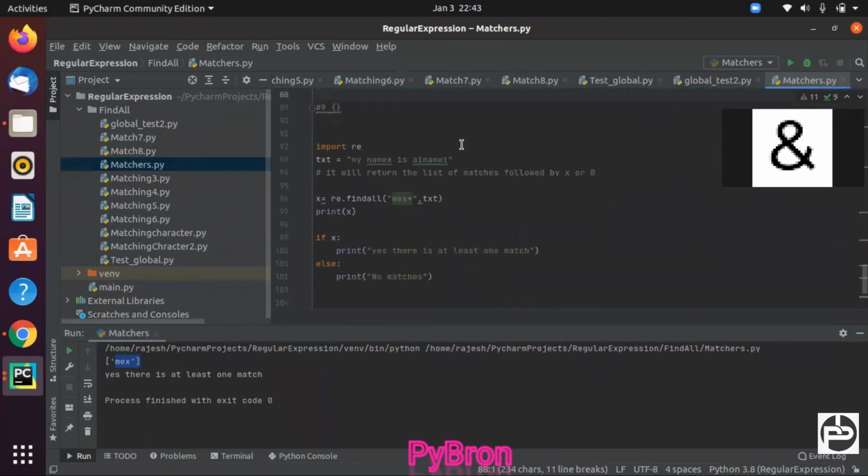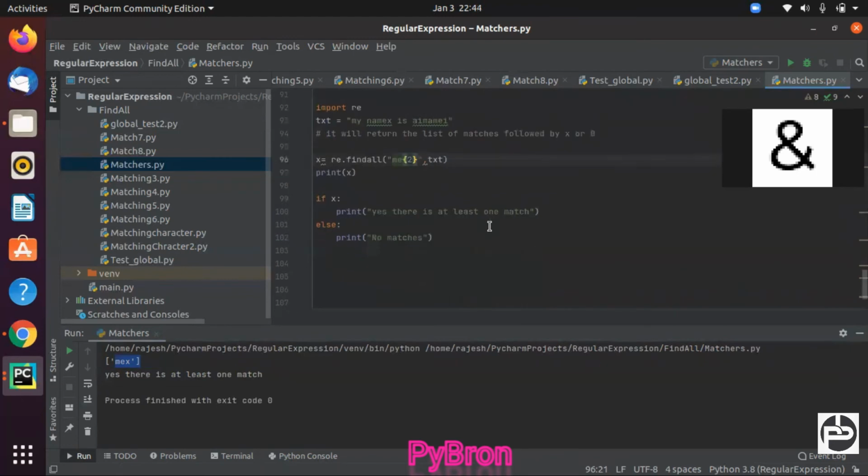Here I'm keeping me and curly braces 2, so I'm keeping here 2, and then text and print x. So what it will do, basically, let me change this comment.